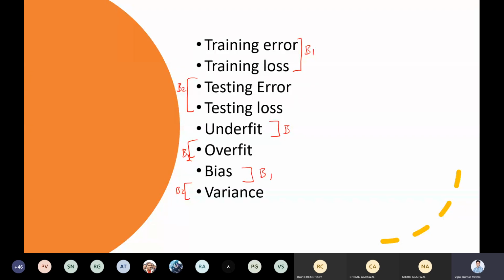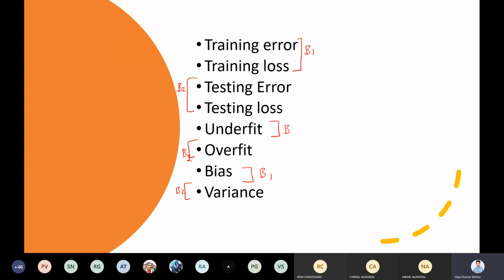Or underfit problem, right? Then there is another bucket, when your training looks good, but when you test on the new data, or testing data, it's giving a very bad result. It means it is overtrained, because it starts remembering the training data or focuses only on the training data. In that case the testing error will be high, or even the testing loss will be high, and that situation is known as an overfit situation, or you can say the model has a variance problem.